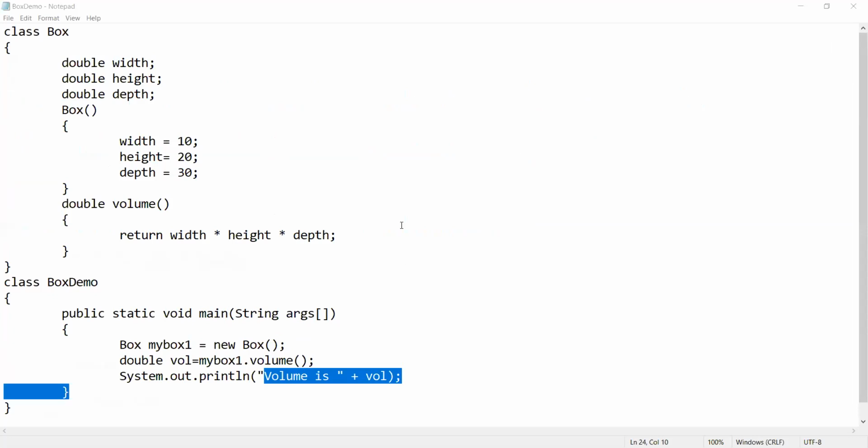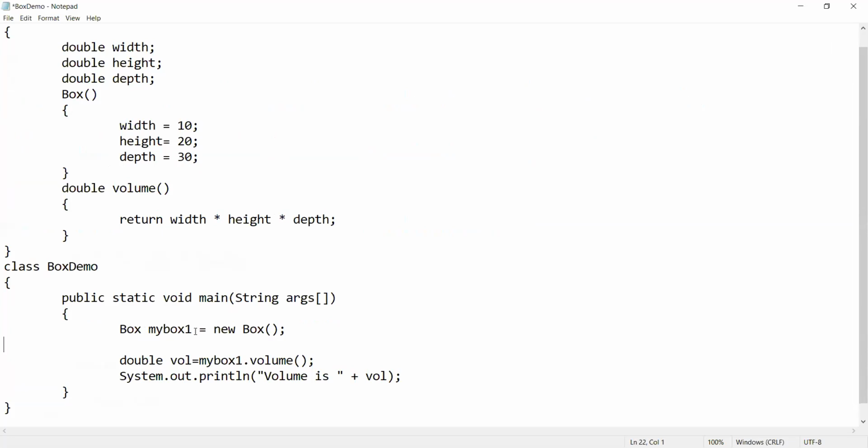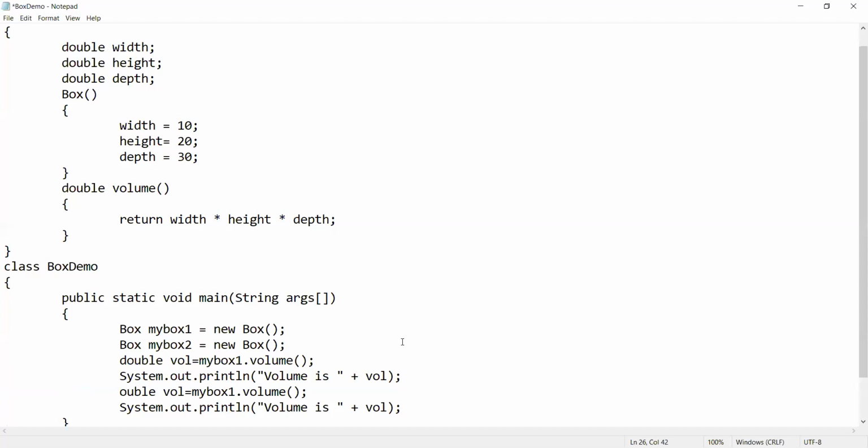Here what I did, I created one object and printed its volume. Next I am creating one more object of the same type, this is myBox2, and I am again printing this volume.